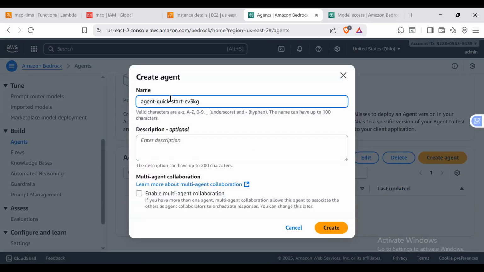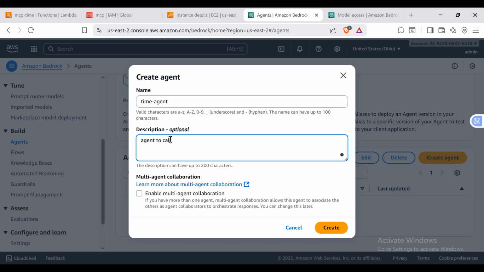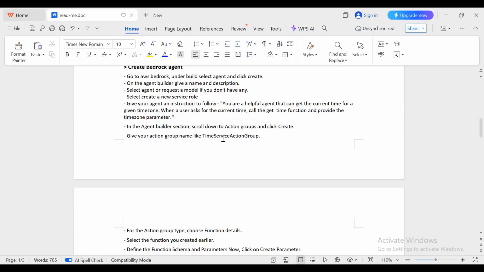So give it a name. Let's give it time agent. I'll give it a simple description: agent to call MCP server. Enable multi-agent collaboration? No, we don't need to do that. We simply say create agent. Going back to the documentation,